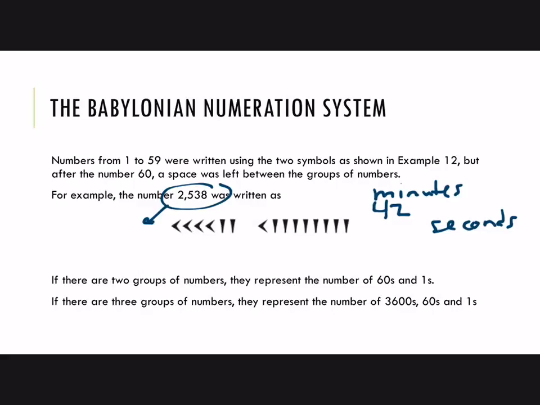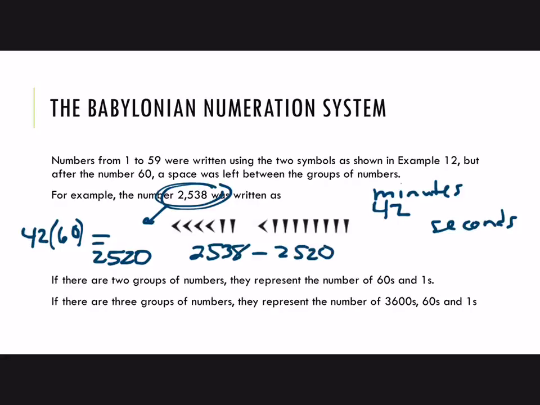So if we do 42 minutes times 60 seconds, 42 times 60, that tells me how many seconds are in 42 minutes. That's 2,520. And then if I subtract that from the original amount, 2,538 seconds minus 2,520 seconds, that tells me that there are 18 seconds left over that weren't enough to